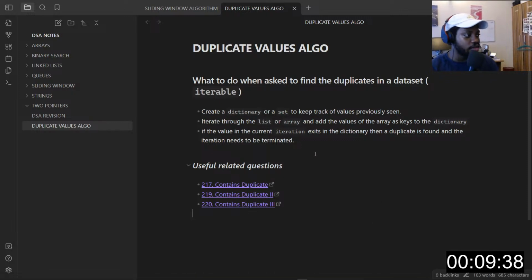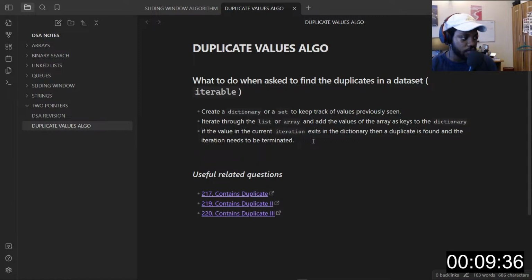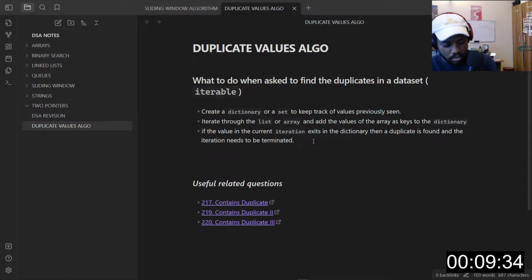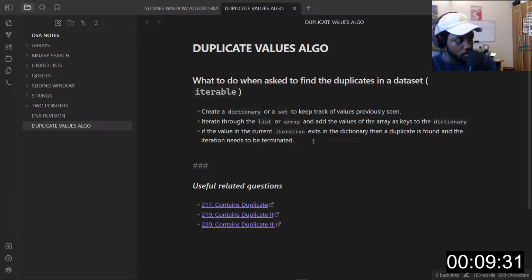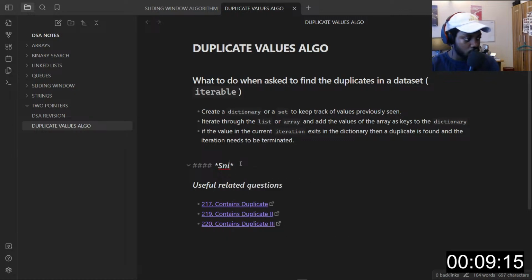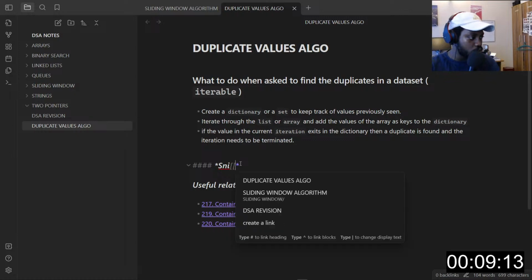So I can even add some code snippets here. What's that?